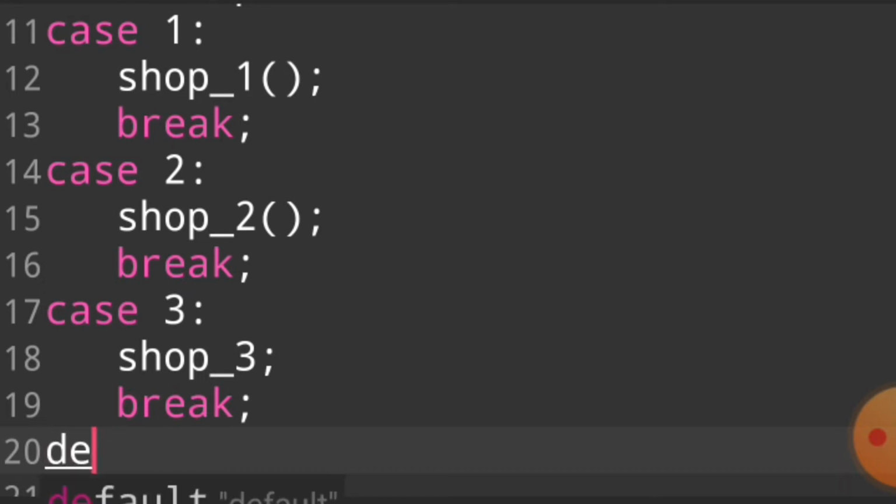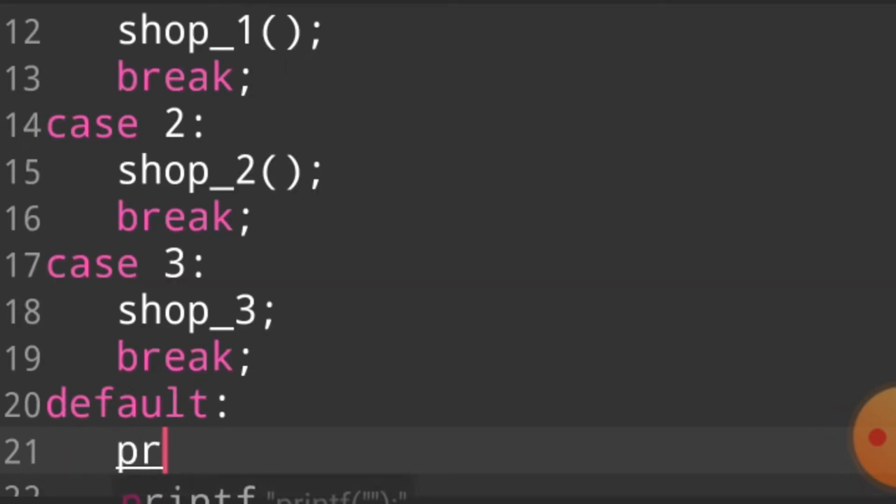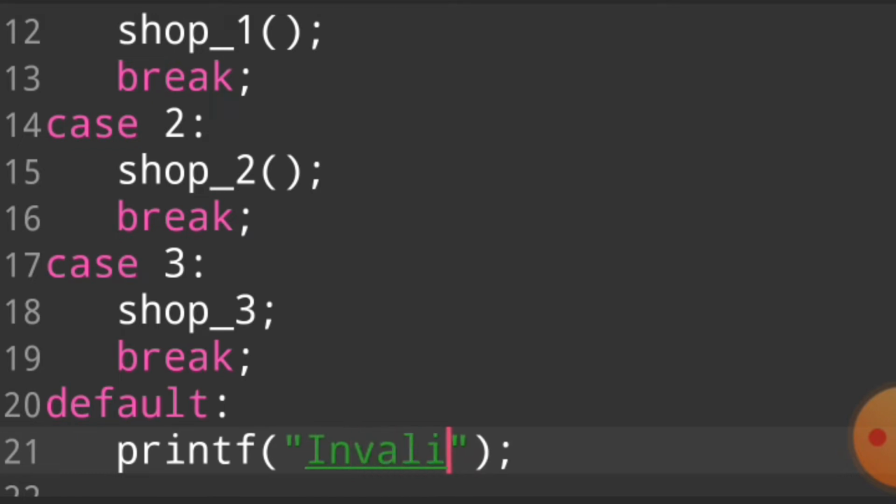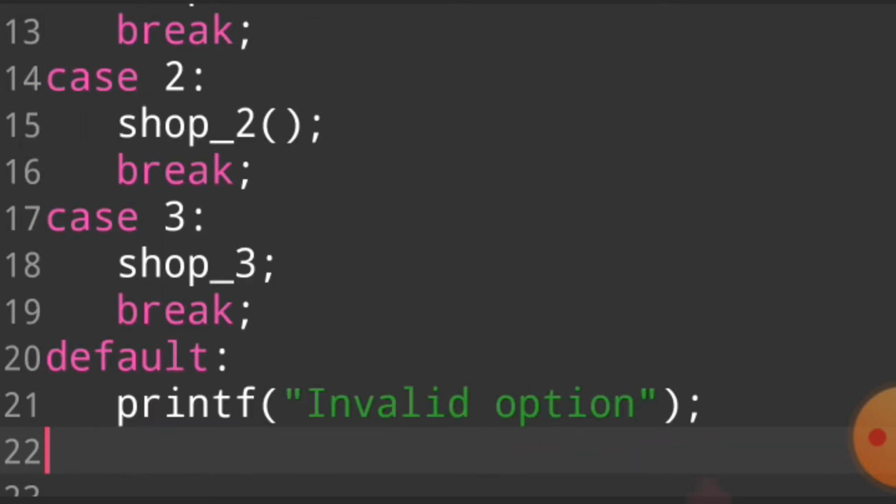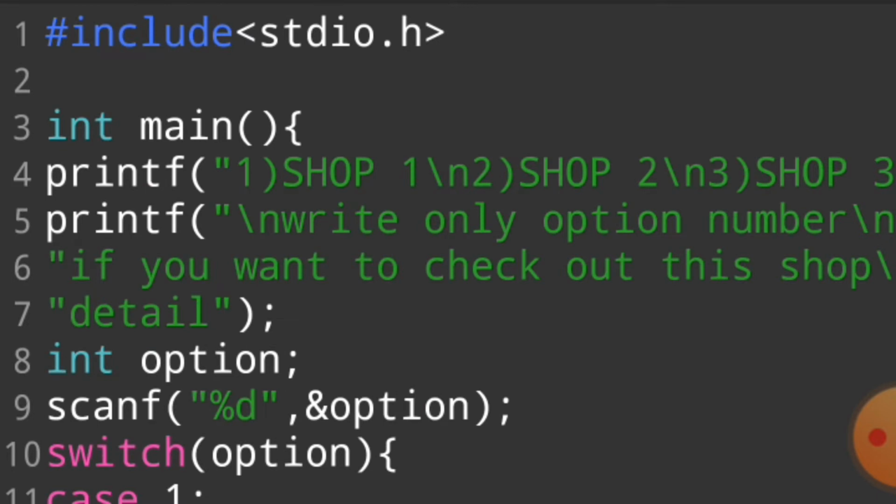If all the conditions are false, we print invalid option, so our user is told they wrote a wrong option. So we make these functions: shop number 1, shop number 2, shop number 3.